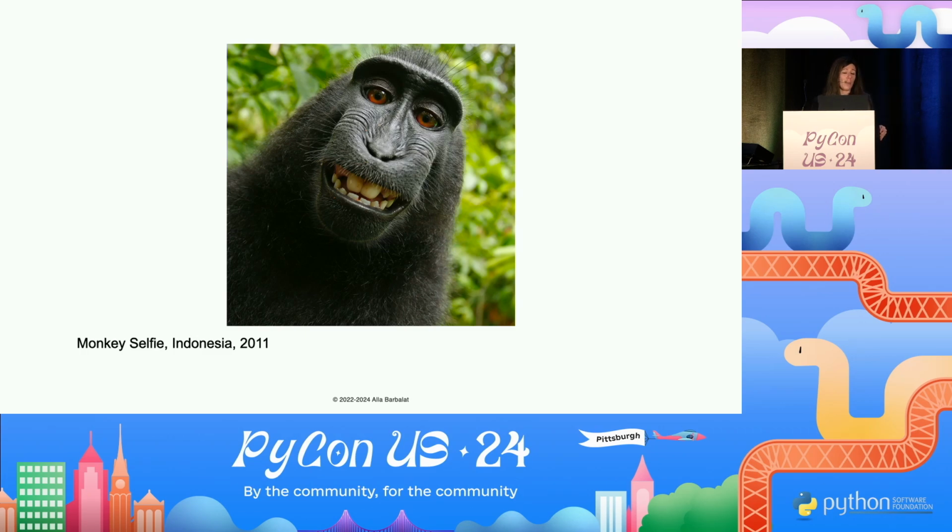And they did not prevail. So the court decided that under the Copyright Act, monkeys are not human authors, and only human authors are eligible for copyright ownership. So a very interesting case that informs how we can think about AI. AI also is not a human author and therefore cannot hold copyright. So anything creative developed by an AI is not copyrightable.